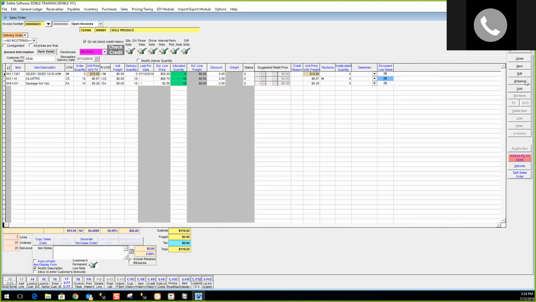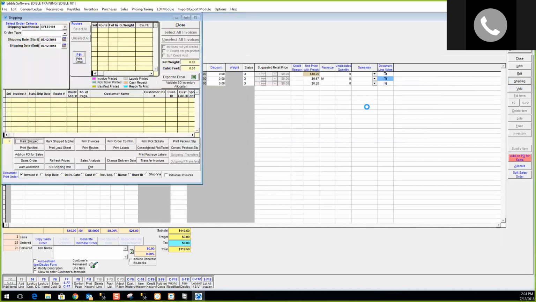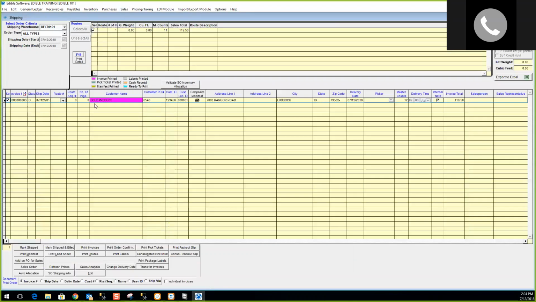The major difference is if I come to the shipping screen from the sales order, it's only going to have this sales order. So if you're shipping and billing, or trying to ship and bill pretty much up to date, this of course is a great way to do things. Then this is how you would want to do it because you only have to work with one order at a time. However, if you're going to bulk ship and bill orders at the end of the day, then what